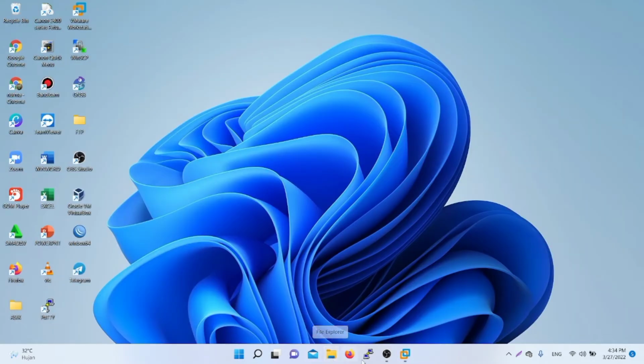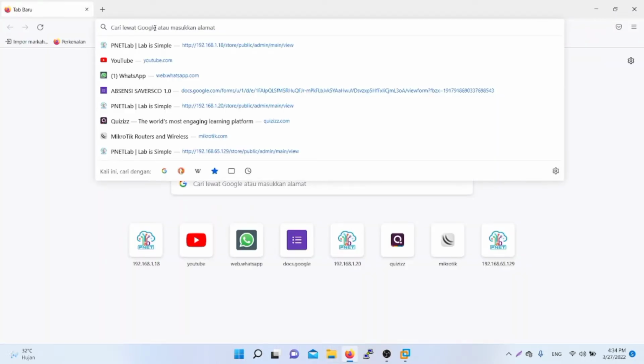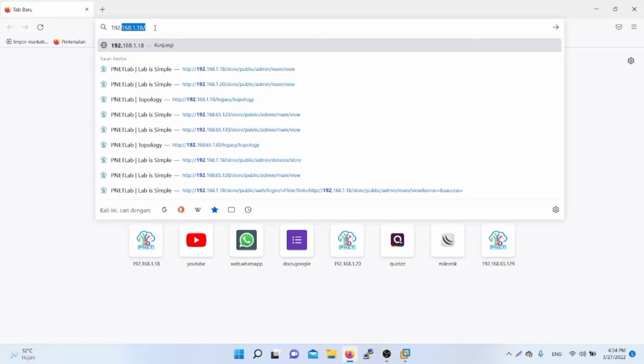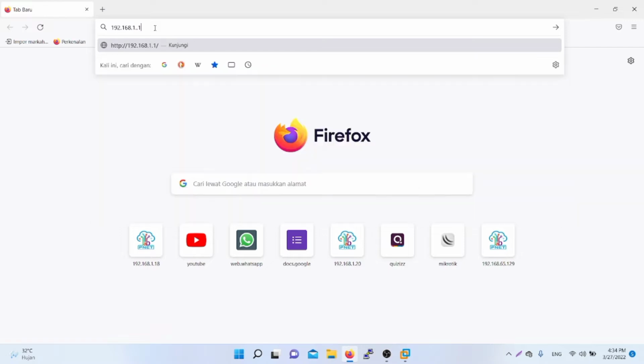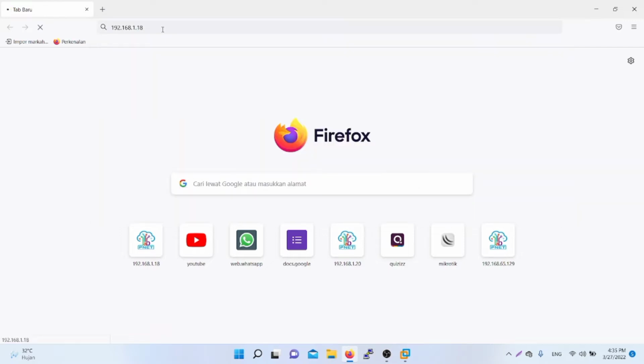Because the IP in pnet0 is 192.168.1.18. We go to this.